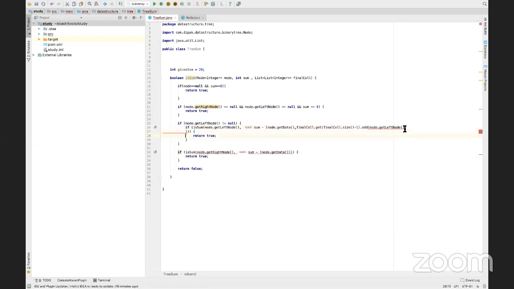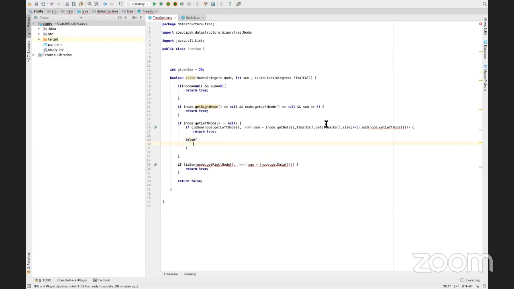Maybe I will remove the compilation error later. If it is true, then I will start a new list so that we can. Okay, just let me get this condition first. If it is false,